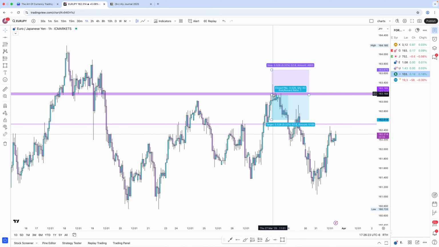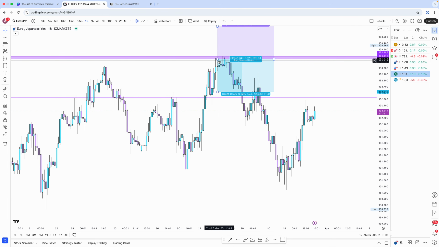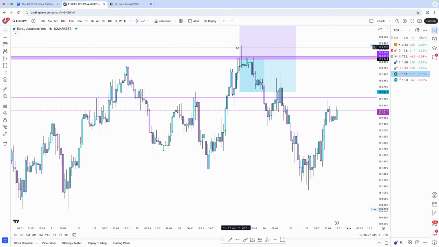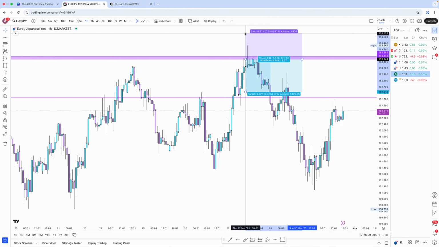So if you entered too late during New York, you would have got stopped out unless your stop loss was like 30 pips. You also have to be careful of spread, as spread can also take you out. So it's really important that you don't get in too late during New York. This would have been 1 p.m. Eastern. So that's when you don't really trade, honestly.